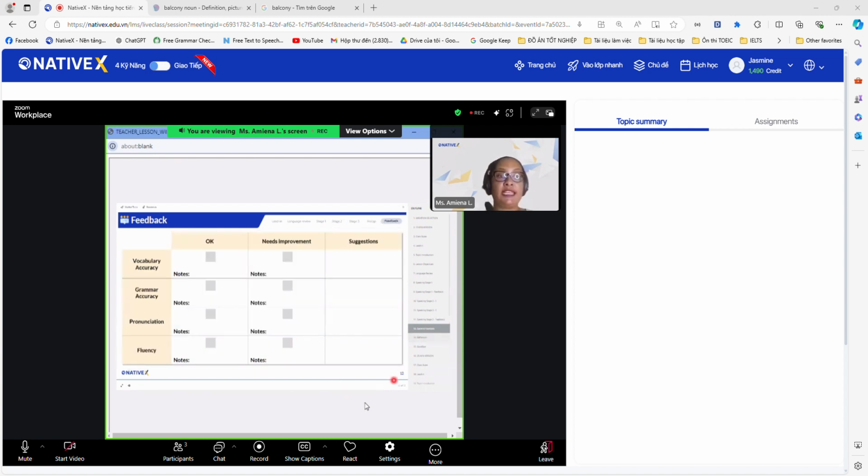Let me give you in-depth feedback now. All right. So I loved your vocabulary. I must say I'm very impressed, Miss Jasmine, because you used the word efficiently, which is very good. Please keep it up. When you are speaking, please use this word. You used the word correctly when you were speaking. So well done to you on using the correct vocabulary to describe something, especially at work. So good job. Your grammar was very good. You did not make any grammatical mistakes when you were speaking.